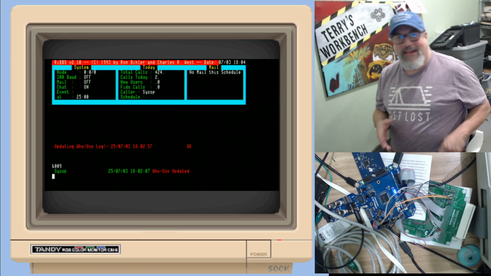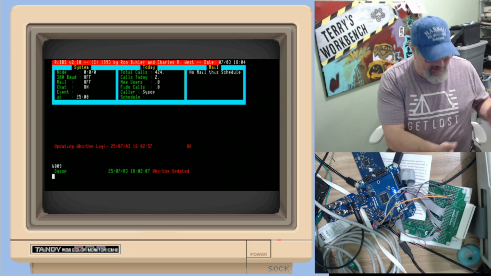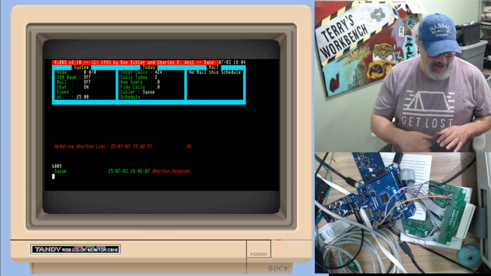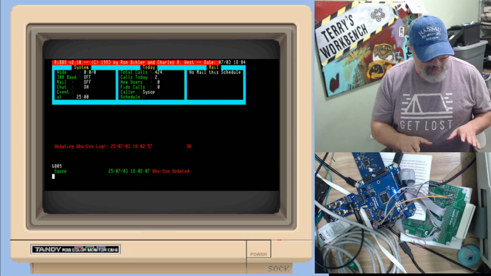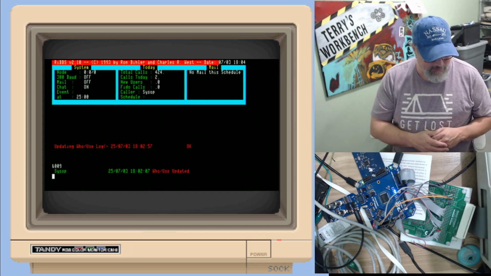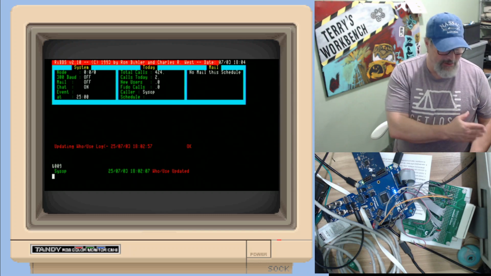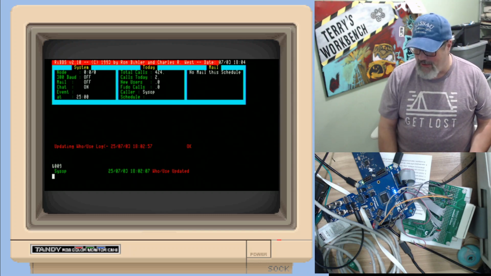So you can see, indeed, it actually is coming out of the CoCo, and I'm not cheating. I'm not doing anything where the P2 is reading from a file system or anything like that. It's all coming out of the CoCo. It's just sitting there poking